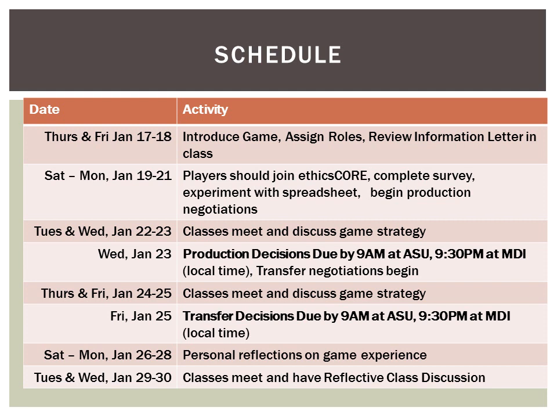Here's the complete schedule for cross-university gameplay. Today you will complete, or will be assigned, the mentioned pregame activities. Over the weekend, players should first join Ethics Core, complete the online survey, take time to experiment with the spreadsheet, and begin interacting with other players about game strategy online. Next Tuesday and Wednesday, all 4 classes will meet normally, according to their class schedule, and will be given time to discuss game strategy in class.